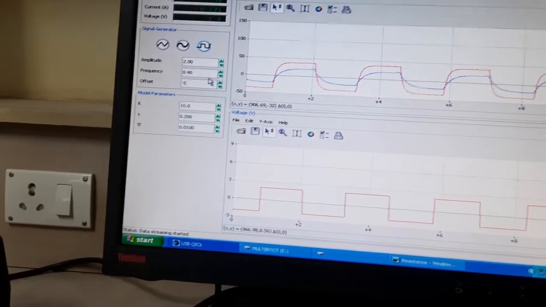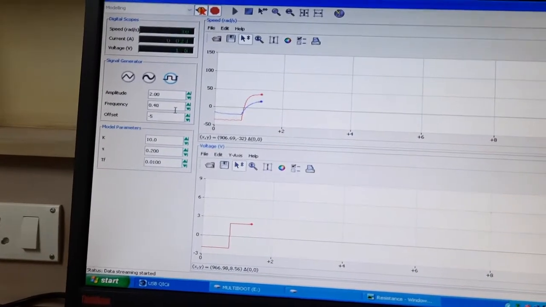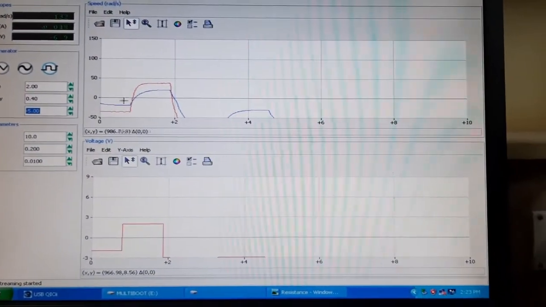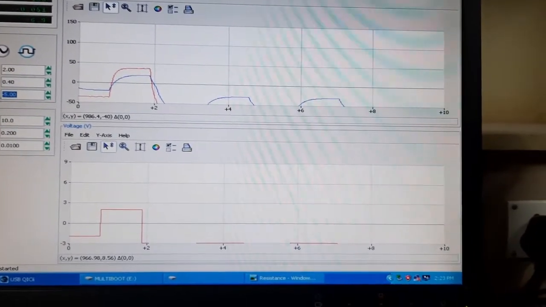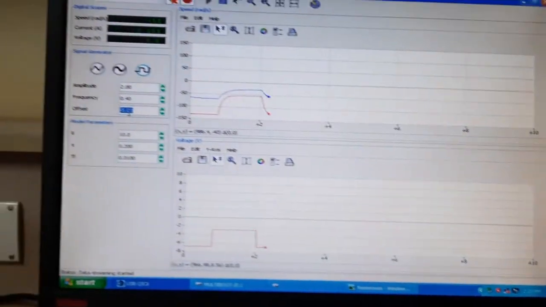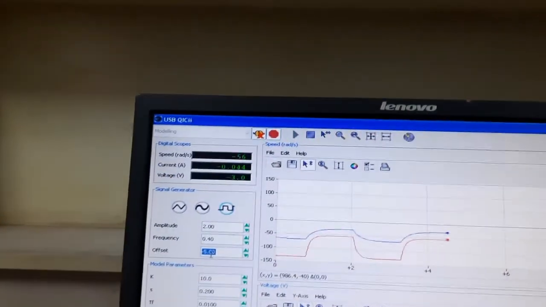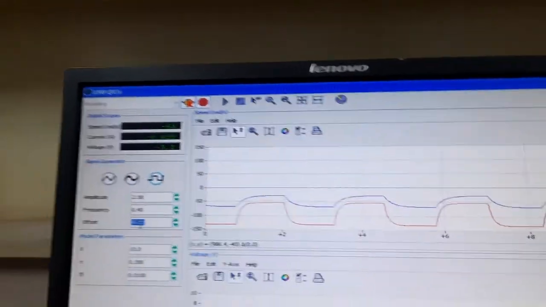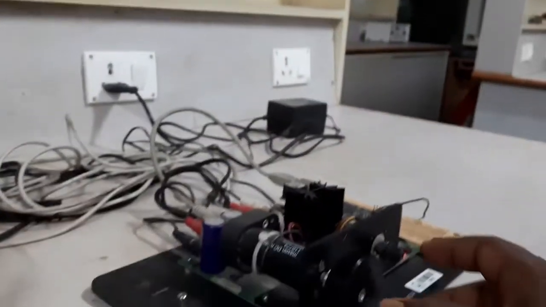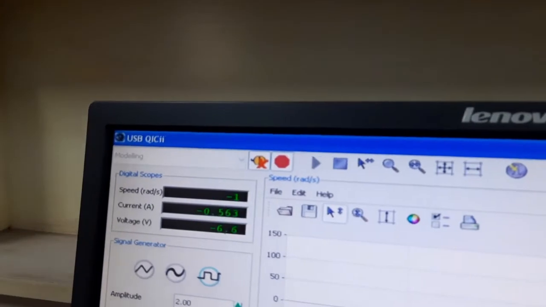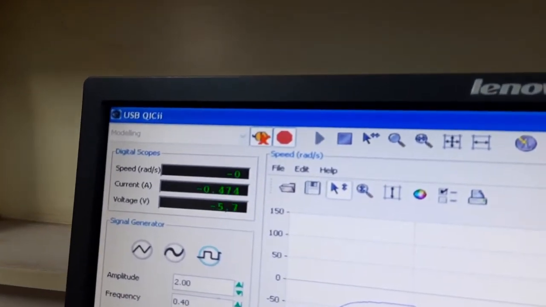Here I am putting a -5 offset value. You can see the response is also on the negative side because I put -5 here, and we can see its current is very minimal, like the bias current. So we have to hold this rotor again. For each measurement we have to hold this rotor and measure this current, which is now showing 0.5 maximum.